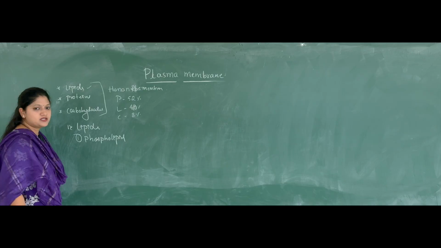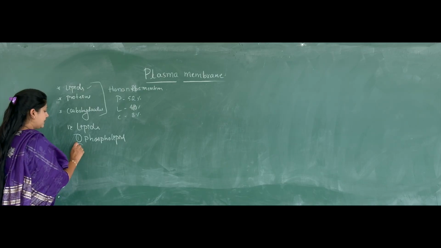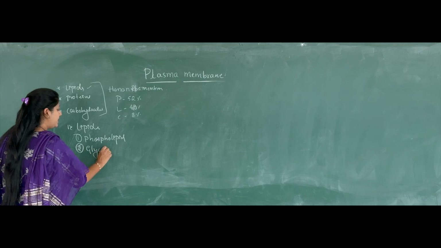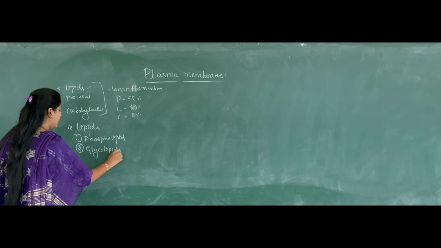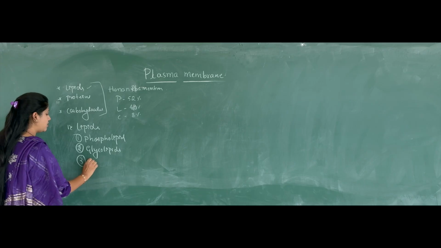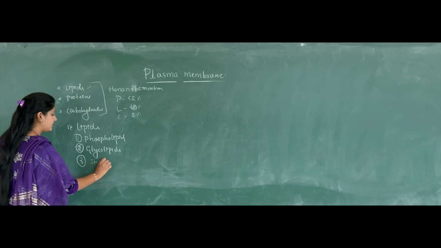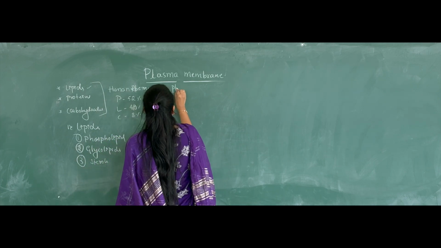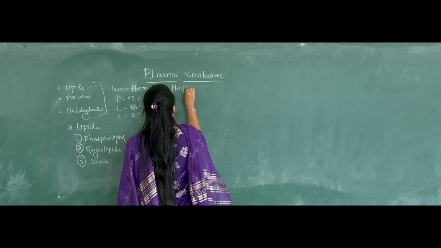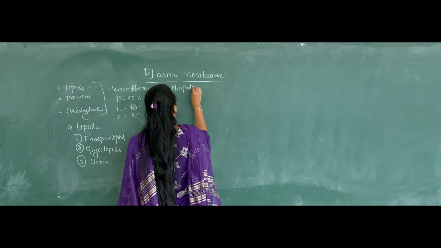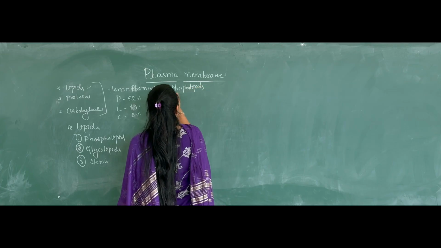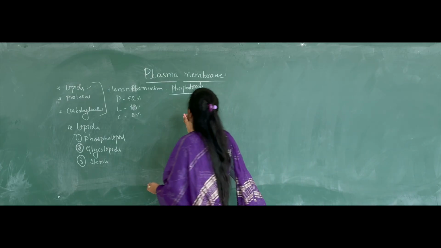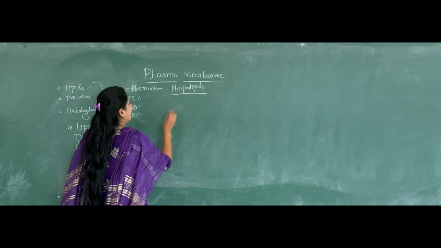The first type is phospholipid. Second one is glycolipids. And the third one is sterols. So coming to the phospholipids, firstly. So phospholipid, it basically has a